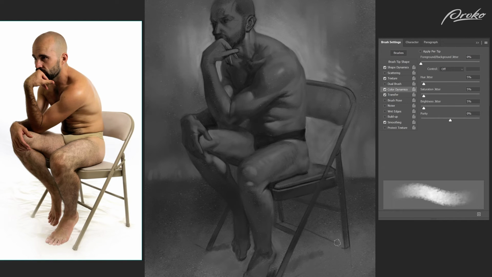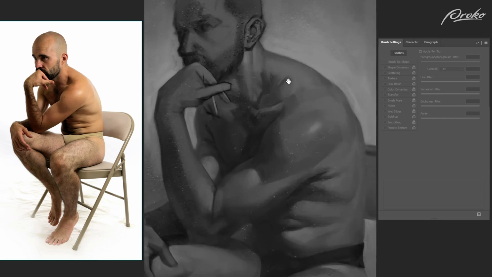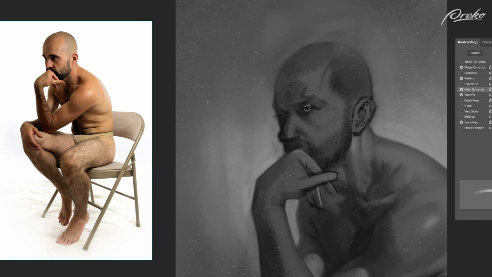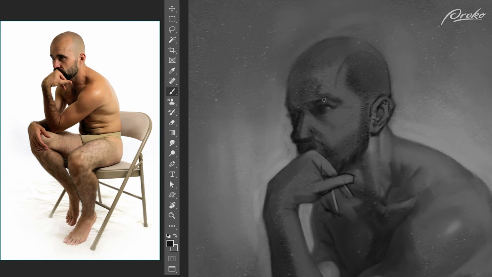Once I'm happy with the figure as a whole, I can start going into more detailed areas like the face and hands, and at this point I'm going to zoom in a little bit closer. I recommend not zooming in too much. You'll notice that throughout this whole painting, I've stayed zoomed out to the point where I can see the entire